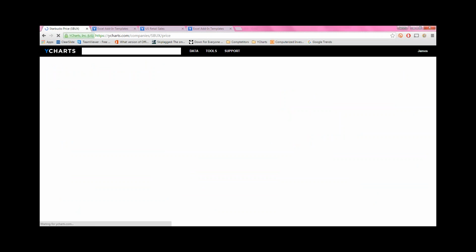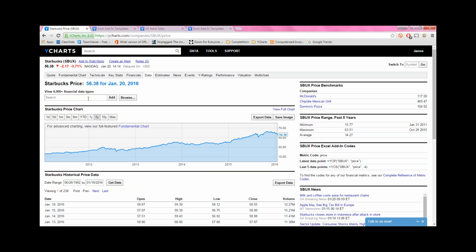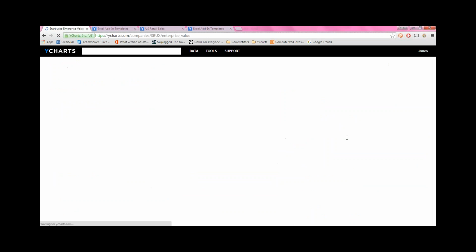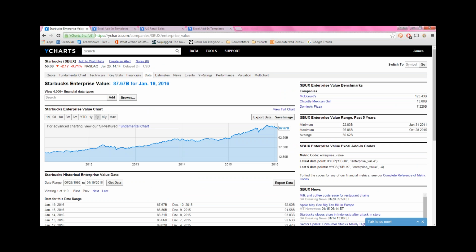Just go ahead and click on that. And let's say that instead of the revenues TTM number, we wanted to pull in the enterprise value number. So we click on enterprise value. And you'll see that in the bottom right hand corner, there's going to be this metric code. You could go ahead and copy that,